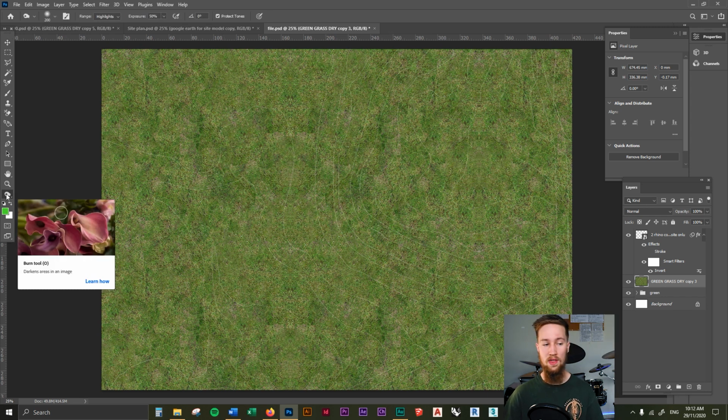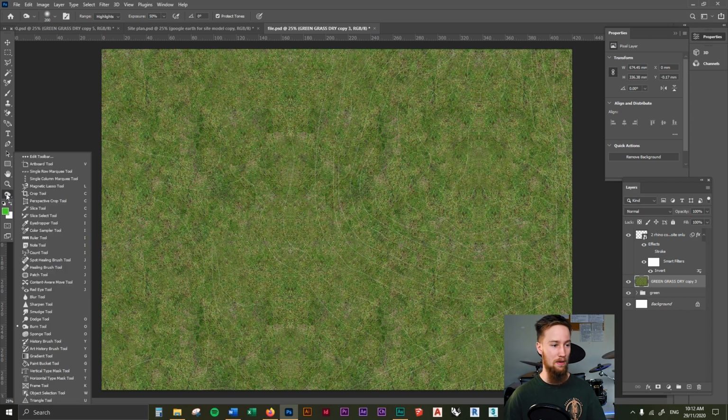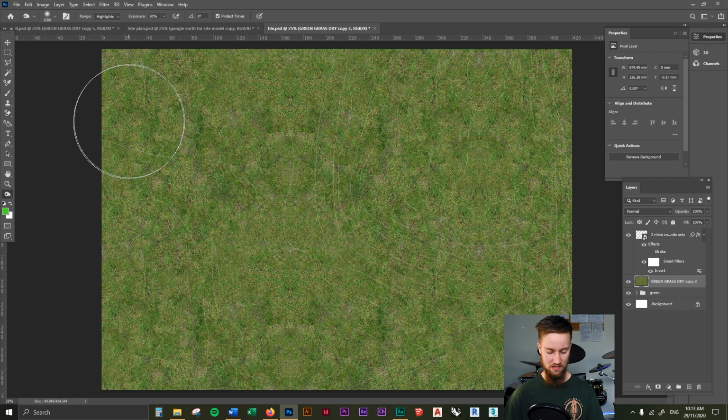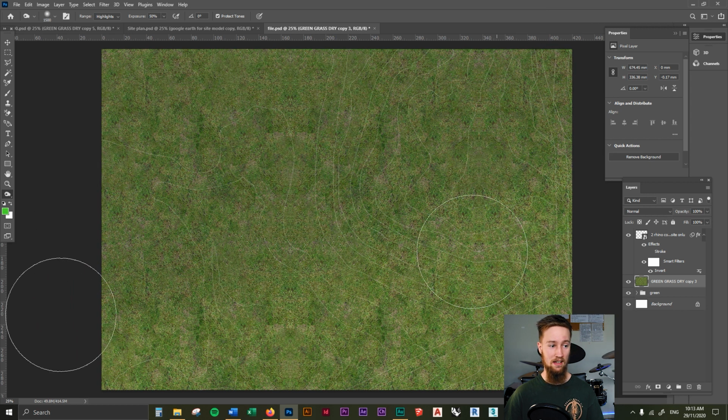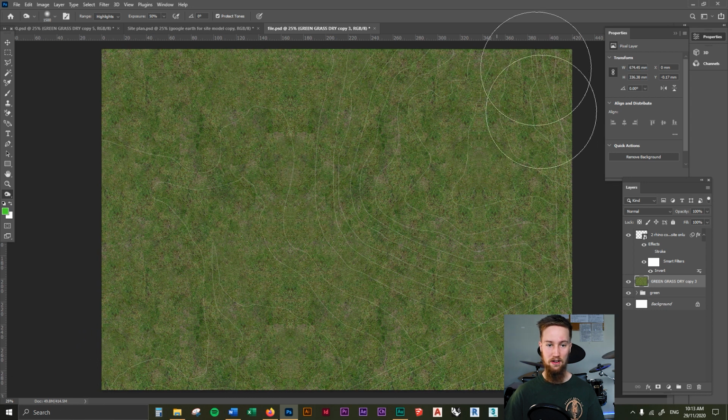I just pressed O there and it will bring up either one, but you can also just hold down the left click button on your extra tools here and you've got the dodge tool and the burn tool. So we're first going to use the dodge tool. I'm just going to bring up the size of this brush using the brackets, and I'm just going to paint over the entire layer. And as you can see, this burn tool is actually just creating a darker shadow over